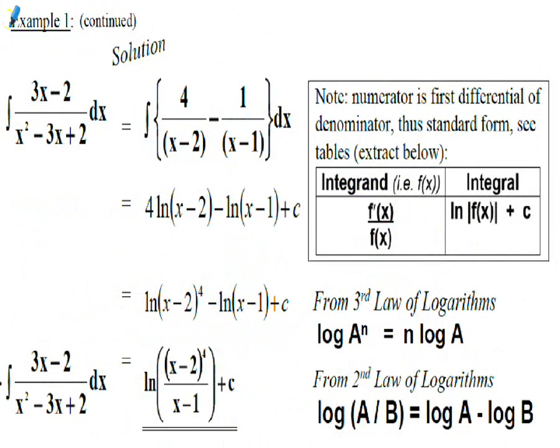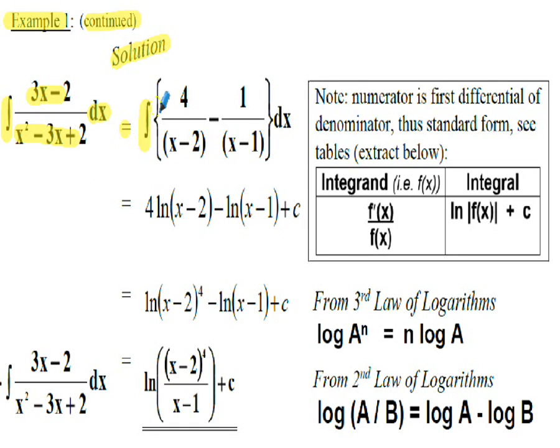Example 1, solution here continued. So now we're going to consider the integration process. Don't forget the original problem was the integral of 3x minus 2 divided by x squared minus 3x plus 2, integrated with respect to x. We now know from the previous slide we can write that compound fraction in terms of partial fractions, so the